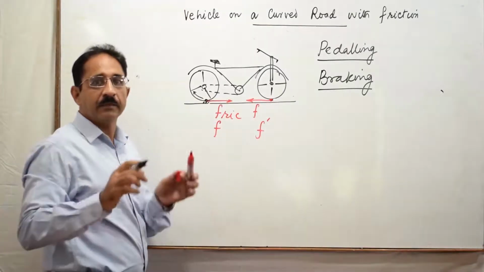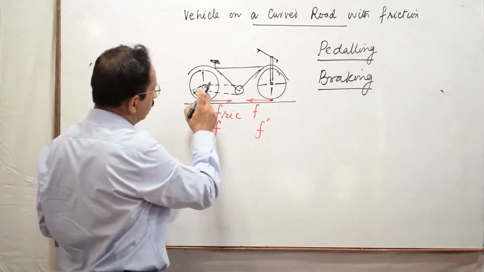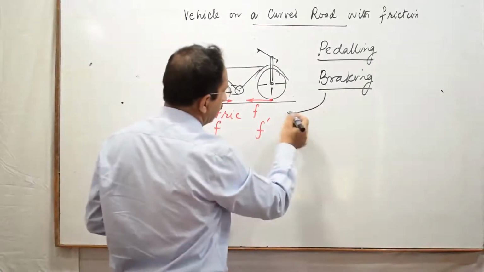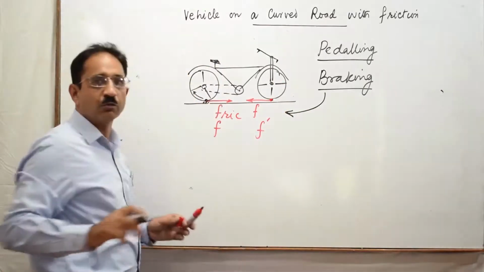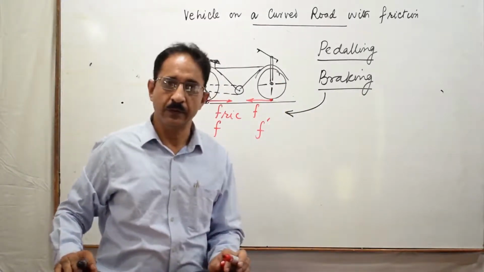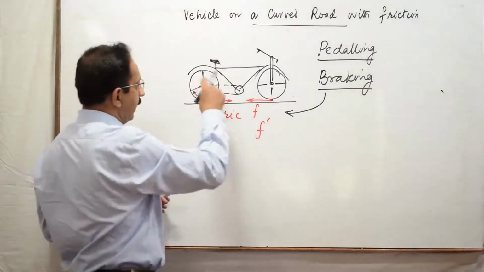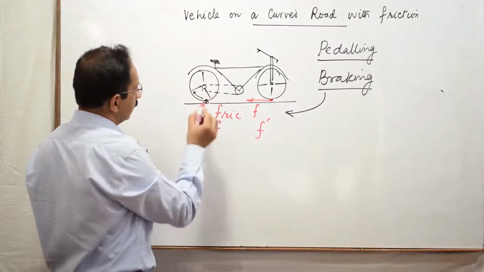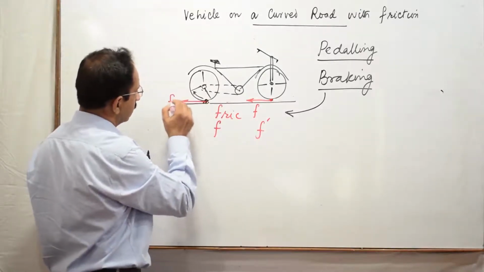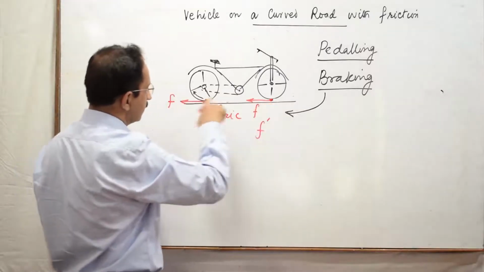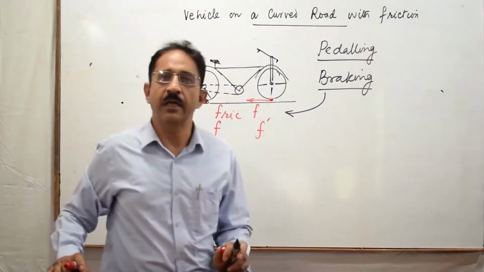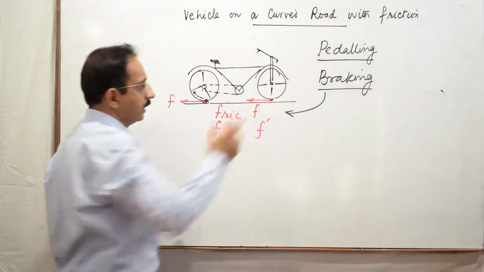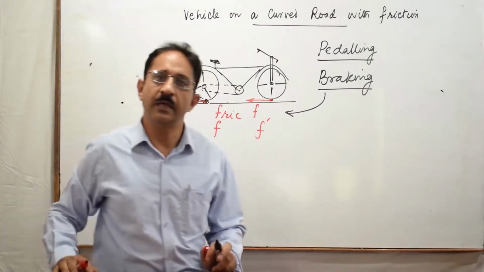And the brakes application means कि now you are trying to destroy the motion. जो अब friction का direction यहाँ पर होगा, at the time of braking, that direction will be such कि अब वो इस motion को destroy करने की कोशिश करेगा. So the increase of rotation and the decrease of rotation will mean कि जब braking हो रही है, at that time now this force of friction will reverse, and this will continue to remain the same. Still the force of friction at the time of braking at the rear wheel and at the front wheel is like this, or earlier you saw what is going to happen at the time of pedaling.